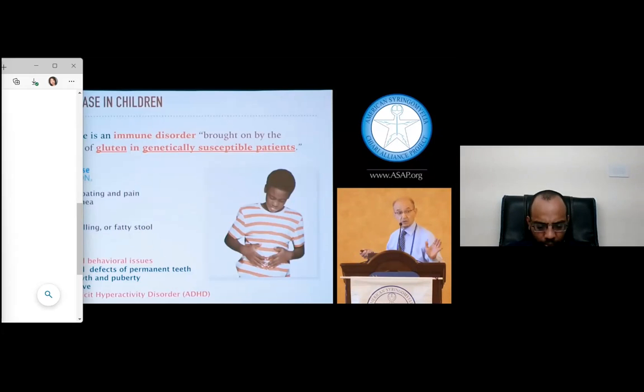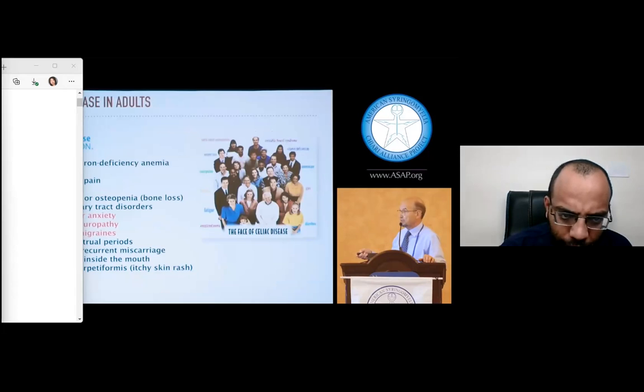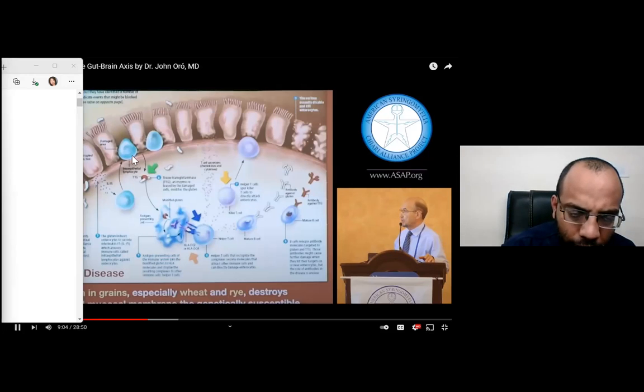And there's a big battle going on, and this is where we've learned a lot. Now, there's a whole bunch of symptoms, for instance short stature and failure to thrive, but there are neurologic symptoms: irritability, behavioral issues, ADHD, fatigue, depression, peripheral neuropathy. We heard a lot about that today. Seizures, headaches. So it's a common disorder.